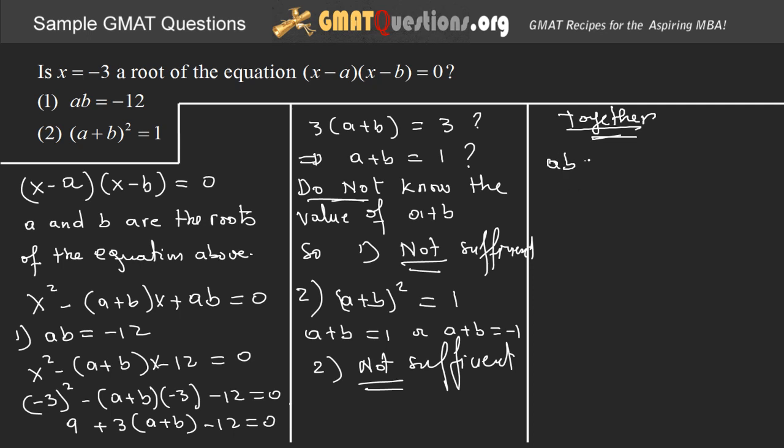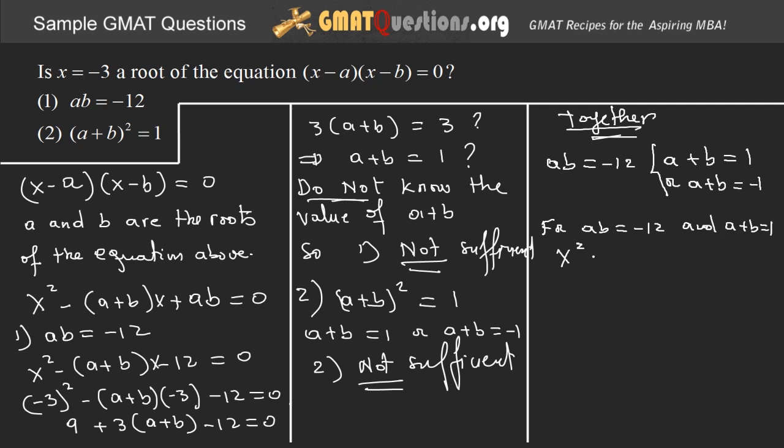ab is equal to negative 12, a plus b is equal to 1, or a plus b is equal to negative 1. That's what we have. We have this and one of these two. We don't know for sure. For ab equals negative 12 and a plus b equals 1,